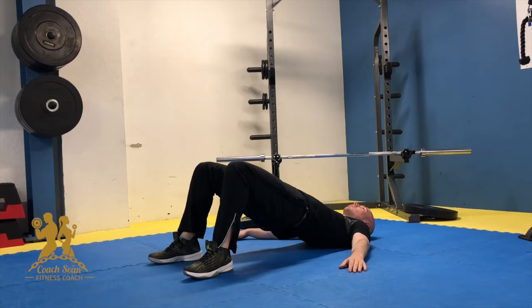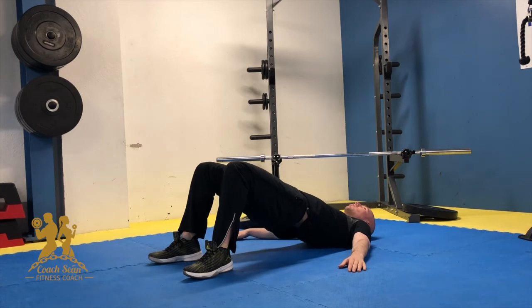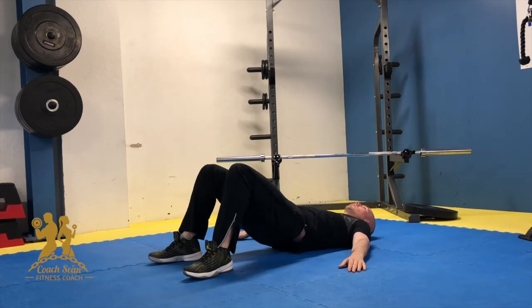If you're feeling any pain or any pull in your lower back, do not do this exercise. And remember, once again, nice and slowly, you're almost peeling off one vertebrae at a time, going up and right back down. So once you're feeling no pain in your lower back when doing these exercises, you can move on